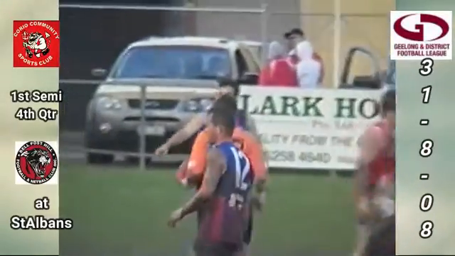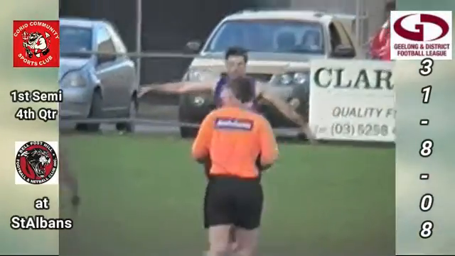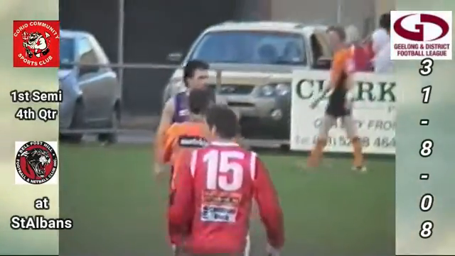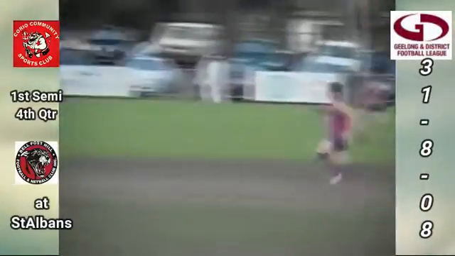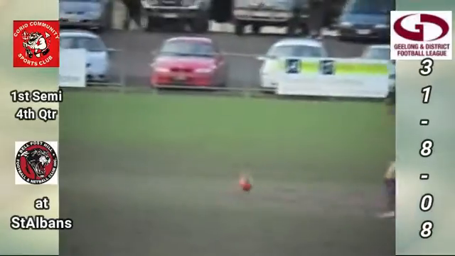So just outside the half-forward line for Bellpost Hill. Don't know whether that's the right time to be changing a player, so even though they've got an extra man on the ground, but the ball's in the air. It's tapped down, comes to Ricky O'Toole. He comes out of that contest, kicks the ball into the centre of the ground. Keys with some body work, but the support arrives from Bellpost Hill in Martin.